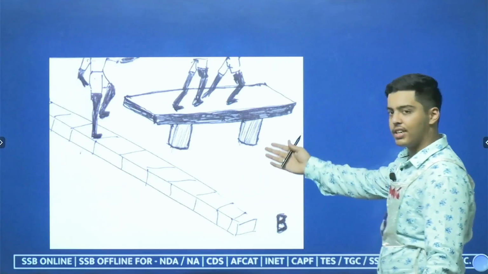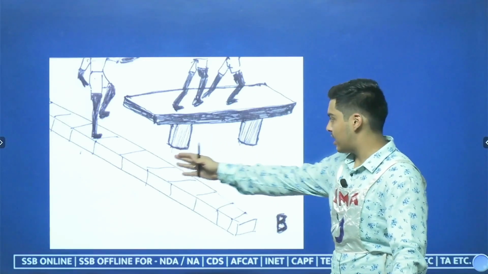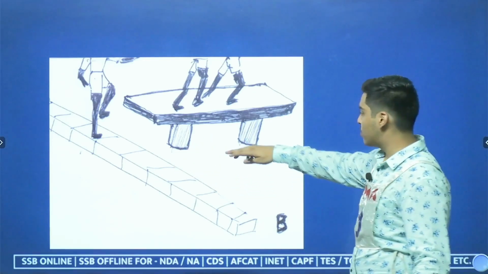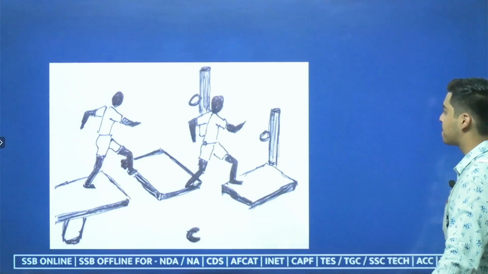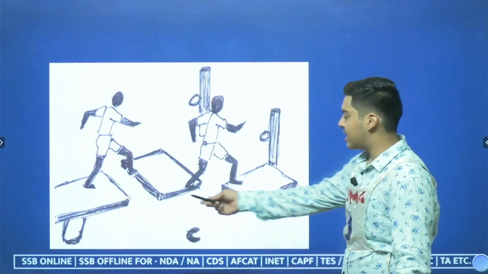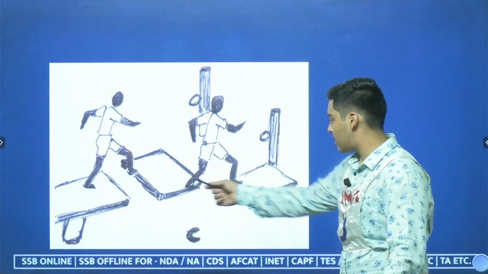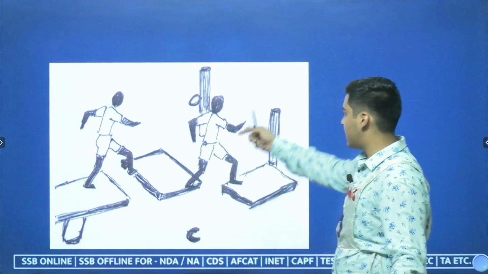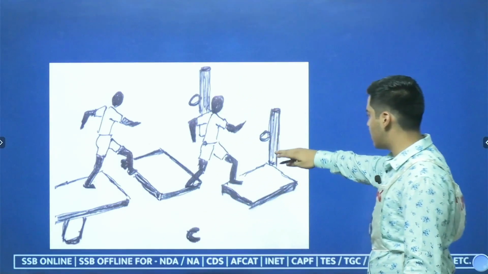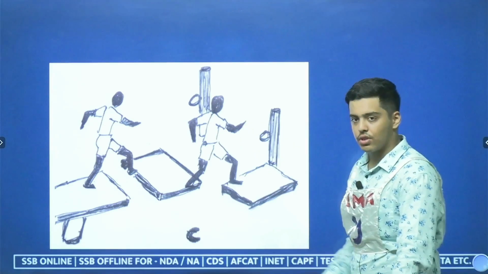In the next slide, friends, you can see that the plank has been picked up from the starting line and kept on top of the 2 wooden logs that will help you move further. Friends, in the next slide you can see, as in the picture we first saw, there are 2 platforms provided here for you to pass on, and then we are provided with 2 large wooden poles with 2 iron rings attached on the outside.